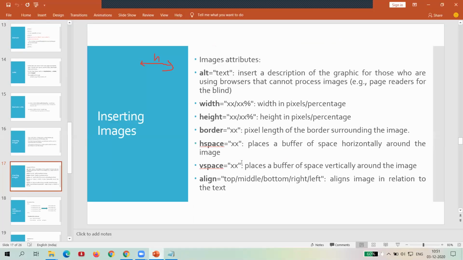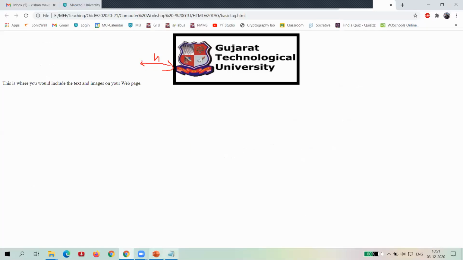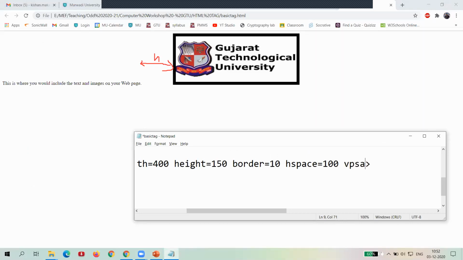Now the next attribute is vspace. The meaning of V is to put a vertical space around the image. So it puts the vertical space at the topmost as well as the bottom, both. So let's go for that output, and again that input you have to take in pixels, and the meaning of V is vertical space around the image. Like we initially go for 50 pixels.